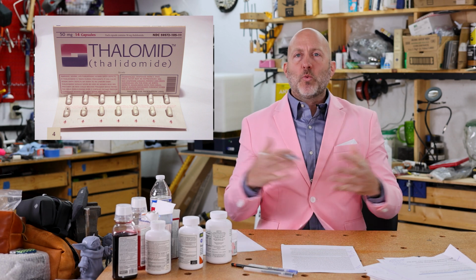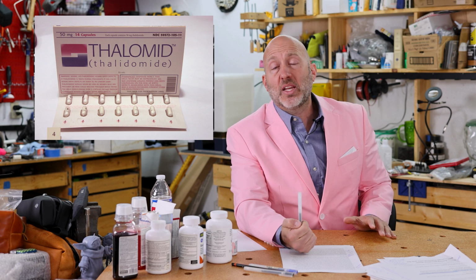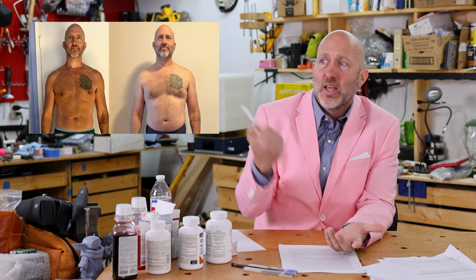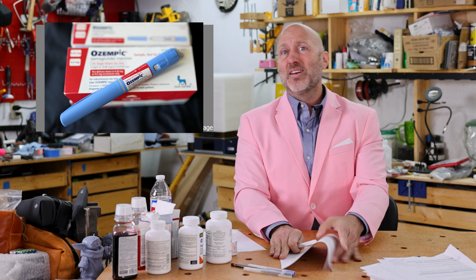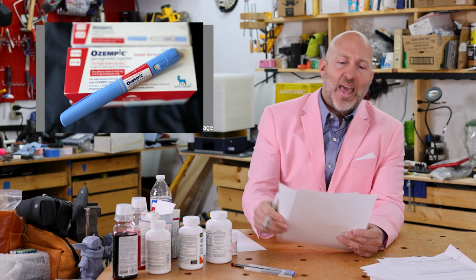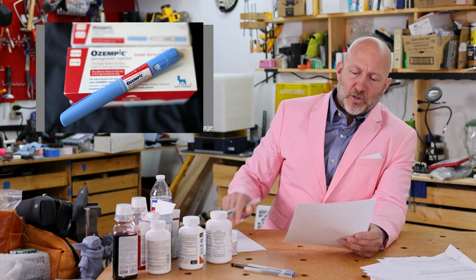So my point with all of this is I want you to be more aware of what can happen and what can get complicated from this drug that's on the market, because I understand the compunction to want to lose 15 pounds. Remember, that's a 30-pound swing for me. That's huge. It's a big deal. But when you do, be super aware of how that can affect you and may affect your birth control pill. It may affect your ability to get pregnant at all. And it is being prescribed